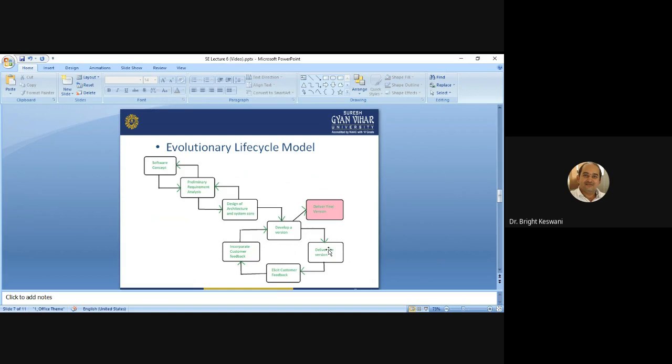There are so many disadvantages also. First disadvantage, the overall elapsed time for the project may be longer if the scope and requirements are established before any increment is developed. When the increment is already developed, and the requirement is coming from the customer side, then what will happen? It will increase the cost and time of the development of the project.